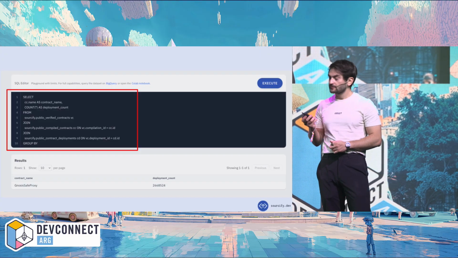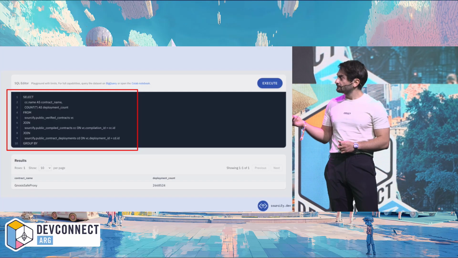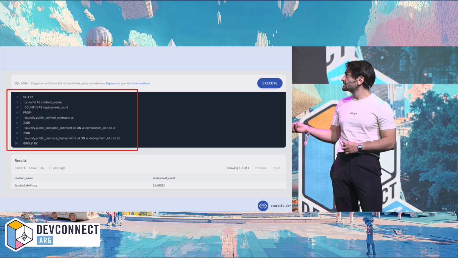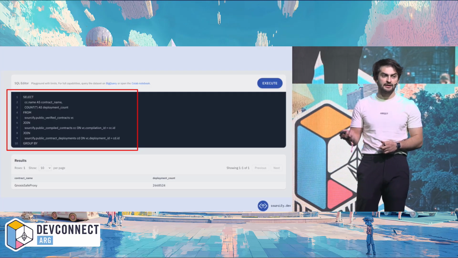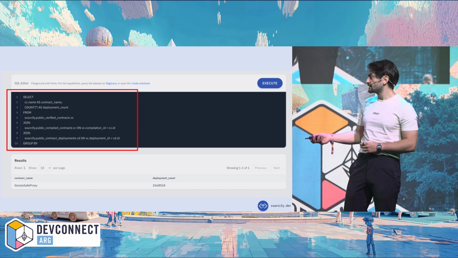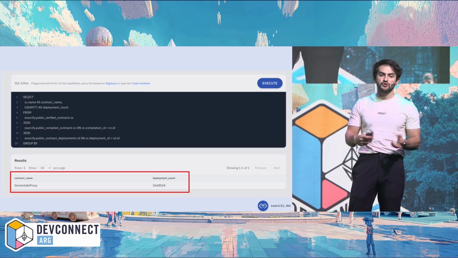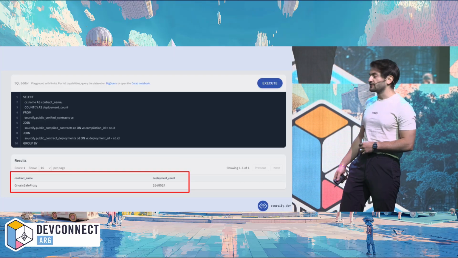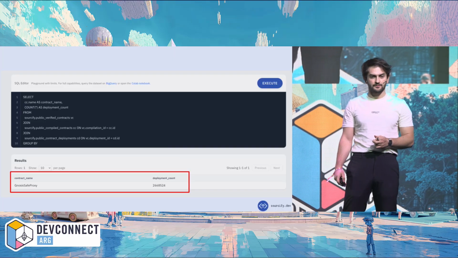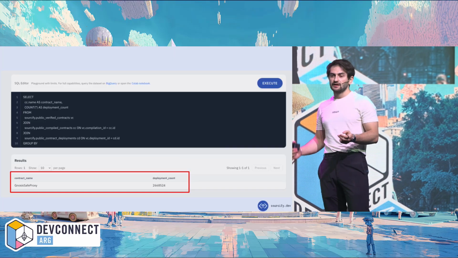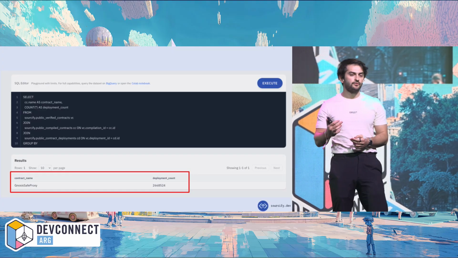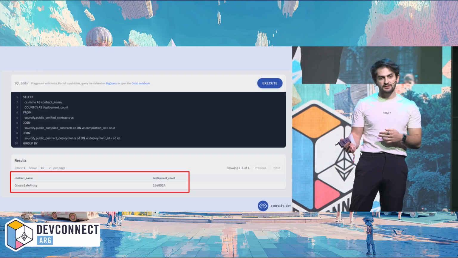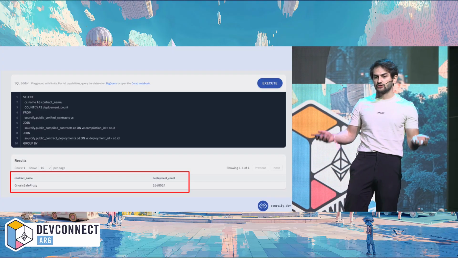And this will give you an SQL query, and you can execute this query on our mirrored BigQuery dataset, and it will say, okay, the most popular contract is Gnosis Safe Proxy, and we have over 2.5 million Gnosis Safe Proxy instances. So this is to showcase and allow users to easily ask questions to the database and showcase what you can do with this dataset.